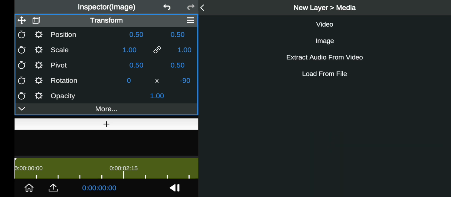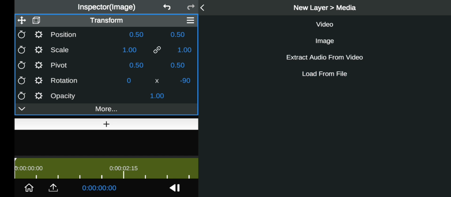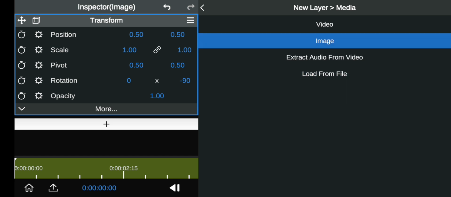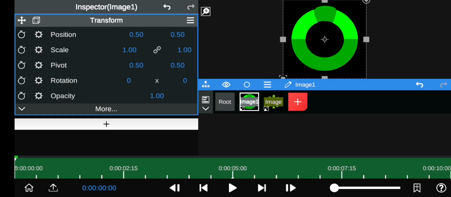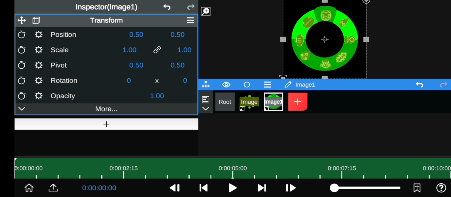And then I'm gonna add another image, and now this image will be included with all the dial images. Okay, so I added it, and I'm just gonna put it behind this. And now you're just gonna wanna click on the dial,